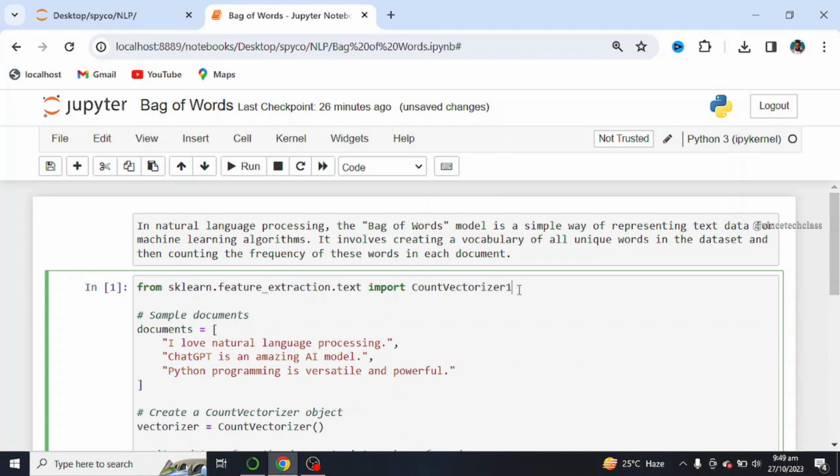And in today's tutorial, I'm going to walk you through bag of words, which is also a text processing technique in natural language processing. Now, in natural language processing, the bag of words model is a simple way of representing text data for machine learning algorithms. It involves creating a vocabulary of all unique words in the dataset and then counting the frequency of these words